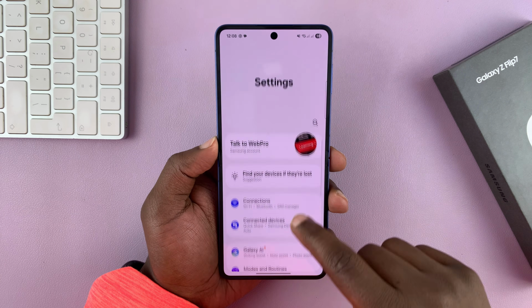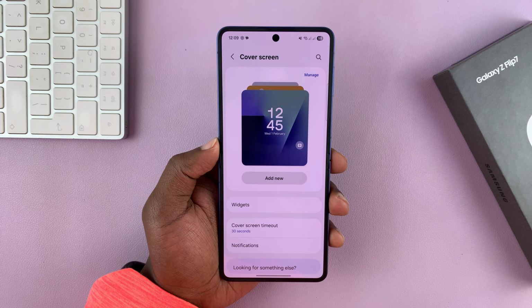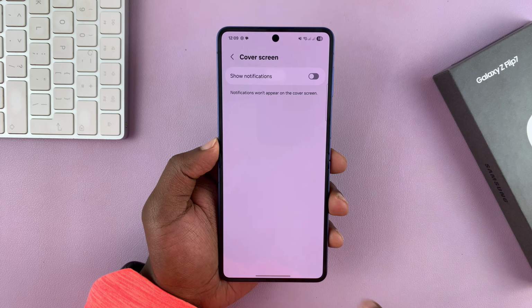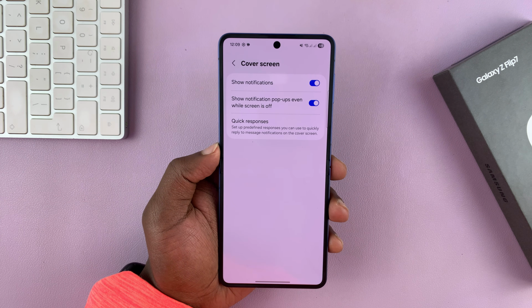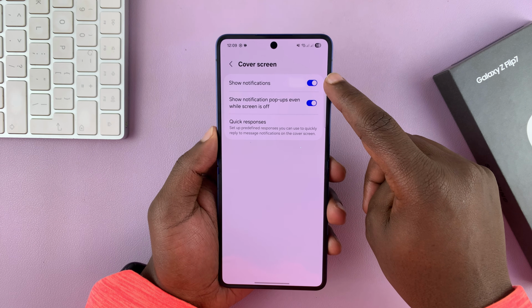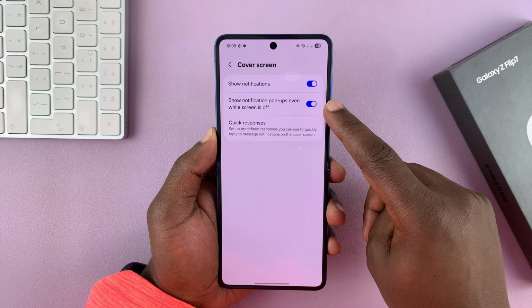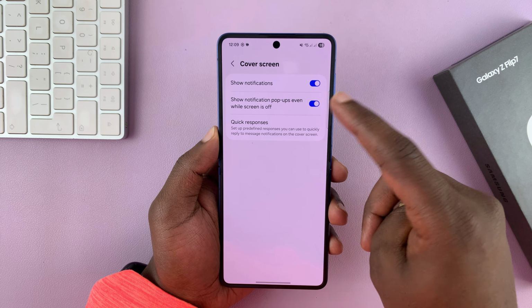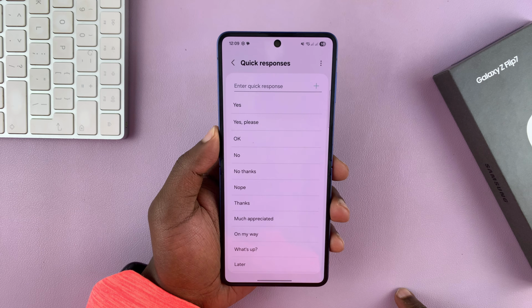Under Settings, scroll down to Cover Screen, tap on that, and then go to Notifications, tap on that, and then you want to allow by enabling that. Okay, now once you enable show notifications, you will see show notification pop-ups even when the screen is off. You can choose to enable or disable that, and also you can choose to enable or disable quick responses on